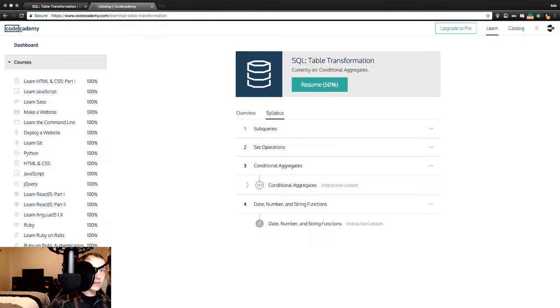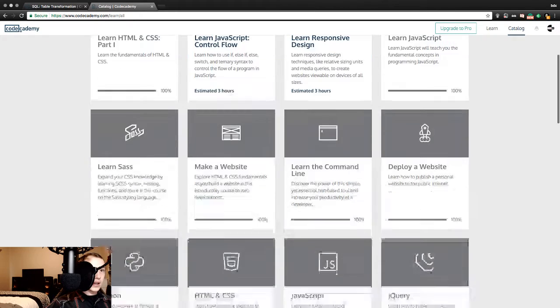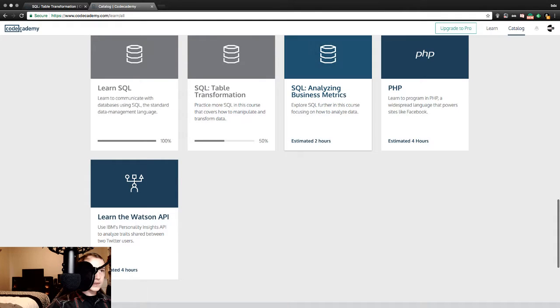Catalog stuff. We're going to dive into section 8, lesson 3. It's 8 parts. Hopefully we can knock the majority of it out. SQL table transformation.